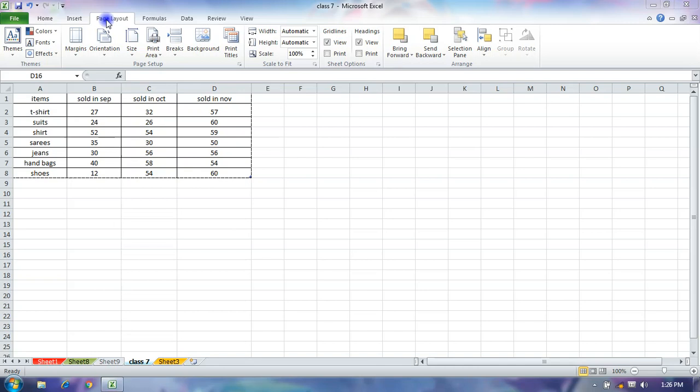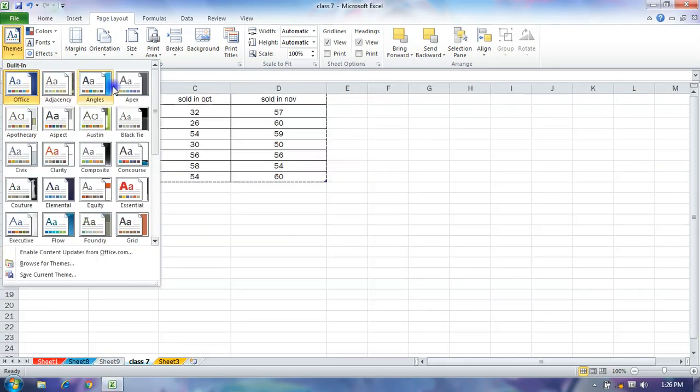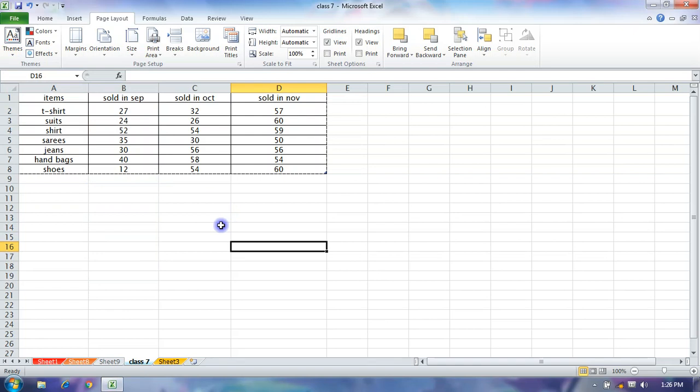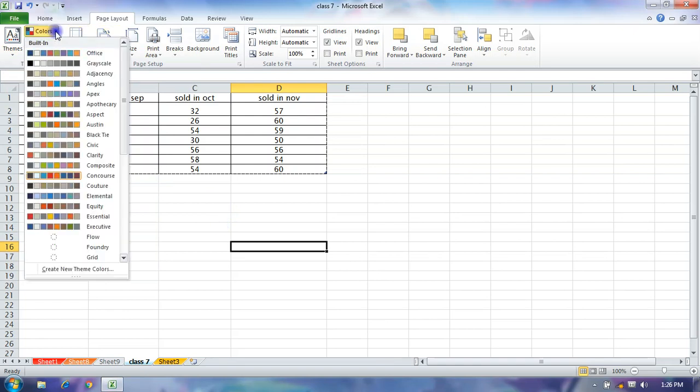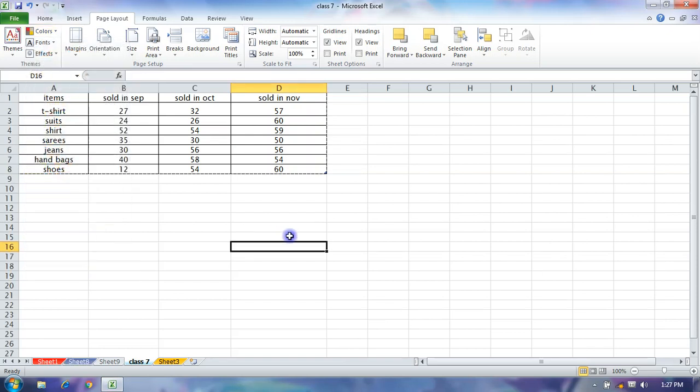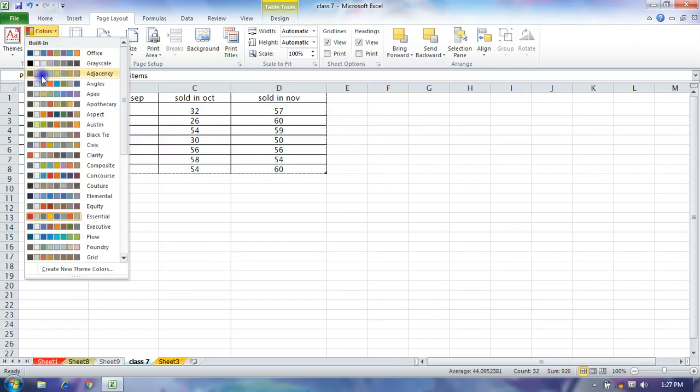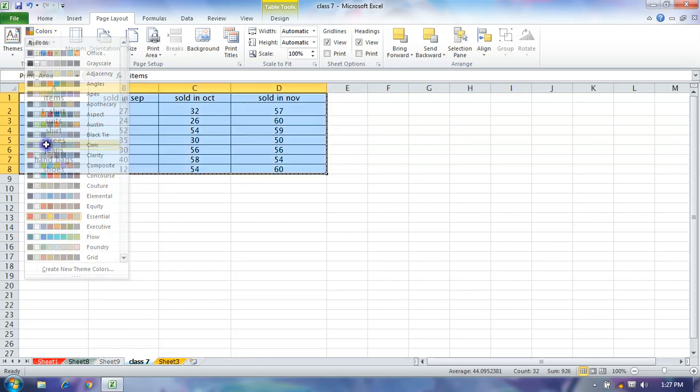It consists of themes, different types of themes of your page-related colors which you want to use. First select your data and then you can apply it here.